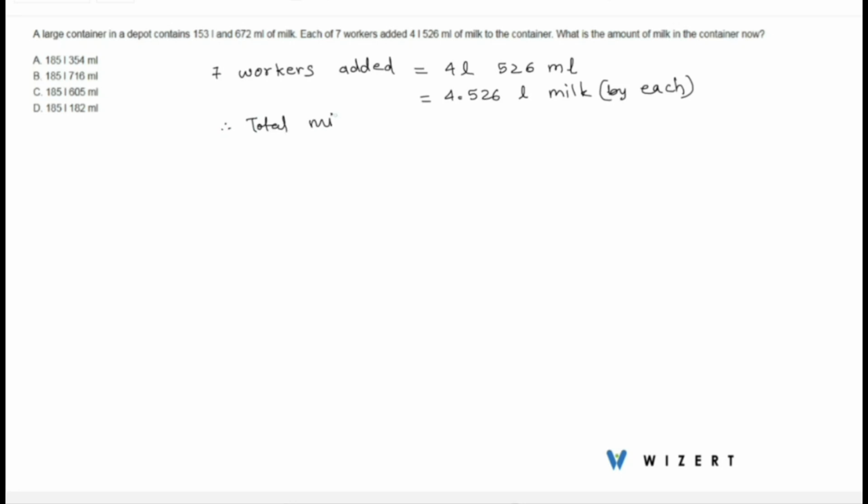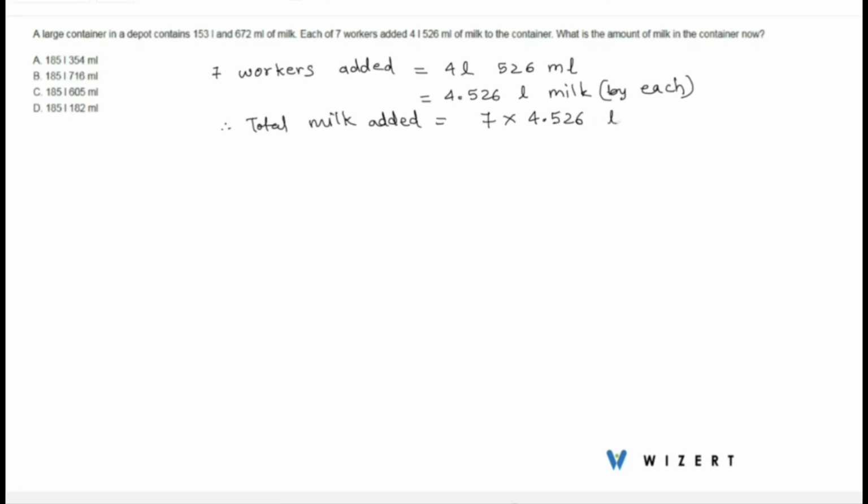We have 7 workers adding 4 liters 526 milliliters of milk. That means 4.526 liters of milk is added by each. Therefore, total milk added will be equal to 7 multiplied by